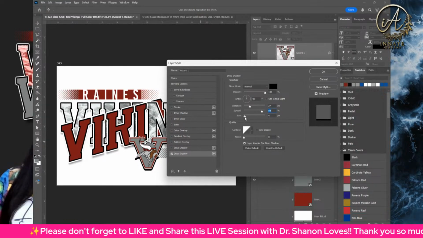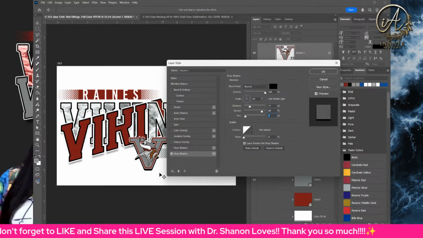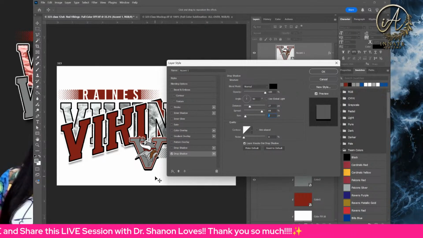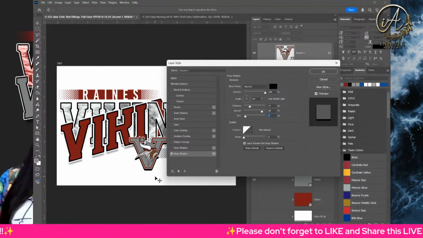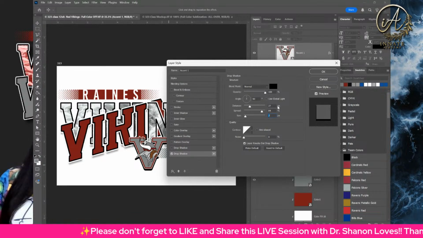Okay. So now that looks pretty darn solid. So I can get away with this. As a matter of fact, I would rather do this if I like the drop shadow effect. I would rather do that than have it look completely flat if I'm doing DTF, to be honest with you, because the way my stuff is layered, it looks good when it has that drop shadow. So if you just remember